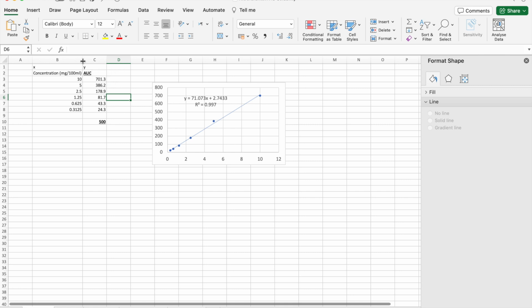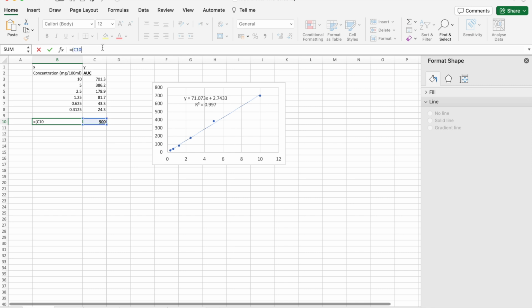And in this case, for my experiment, it was area under the curve, but for yours, it could be absorbance. And so let's then take this equation and translate our y value into an x, the unknown concentration, okay? What we can do then is rearrange this equation. If 500 is our y value and we want to find an x, we rearrange this equation for x, okay? And the first thing we do then is we look